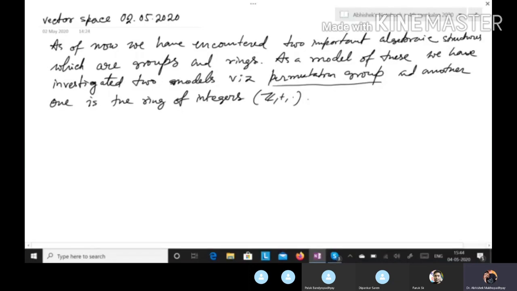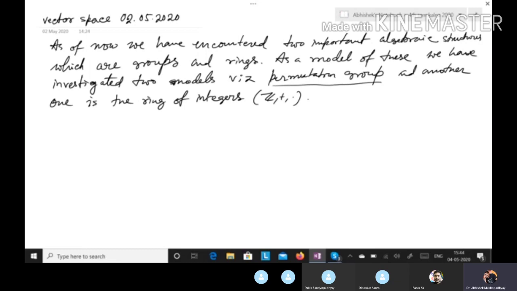In this discussion, we shall be occupied with another algebraic structure which has far-reaching applications in different branches of mathematics. So this is a very important structure, and you will find many examples of this structure across your surroundings.